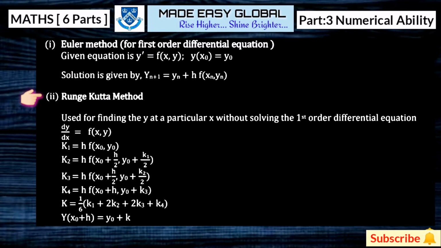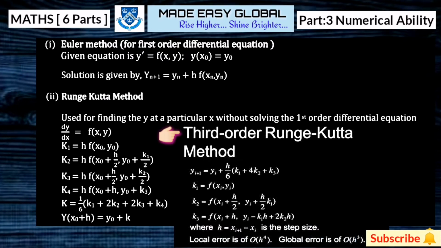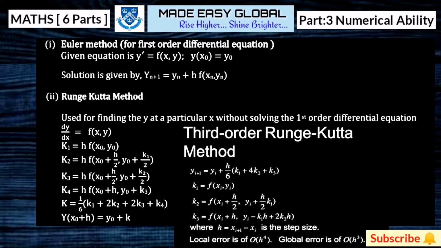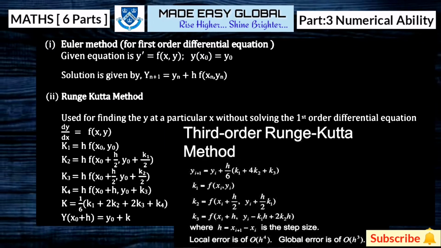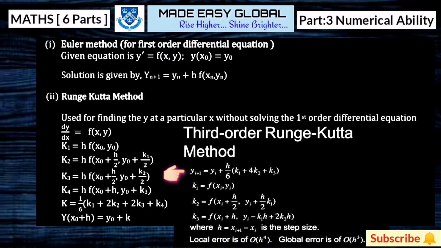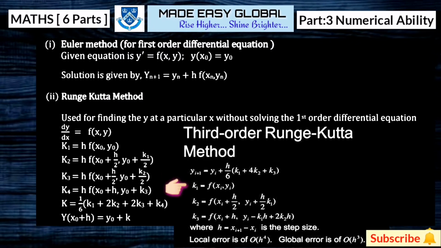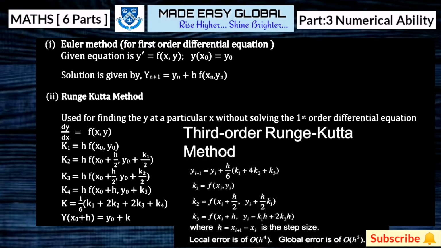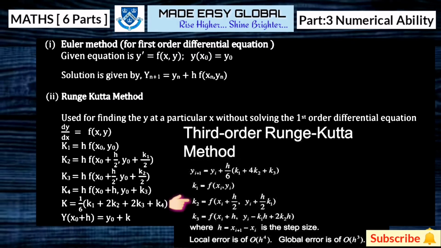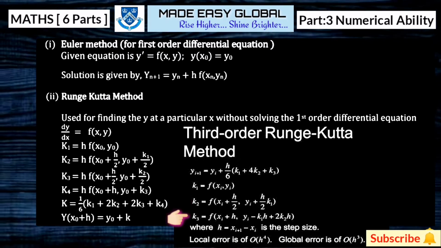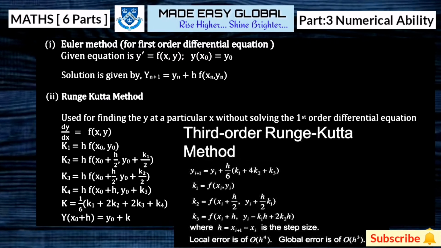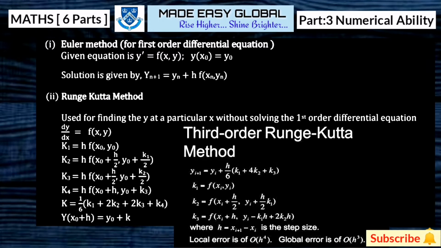Then the last method is Runge-Kutta method. Here in the Runge-Kutta method, third order and fourth order, two types are there. So here as you can see that in the third order Runge-Kutta method, y(i+1) is equals to yi plus h by 6 into k1 plus 4k2 plus k3, where k1 is equals to f of xi, yi, then k2 is equals to f of xi plus h by 2 and yi plus h by 2 into k1, then k3 is equals to f of xi plus h and yi minus k1h plus 2k2h,